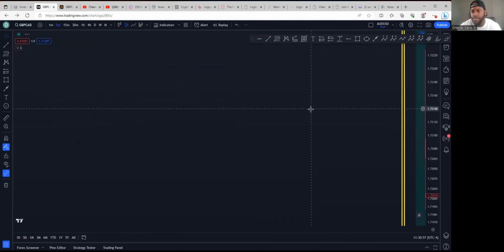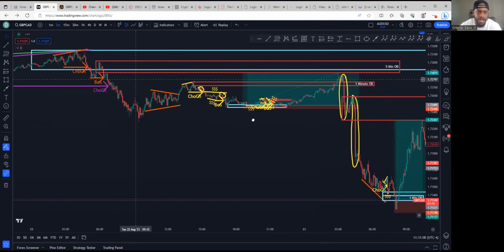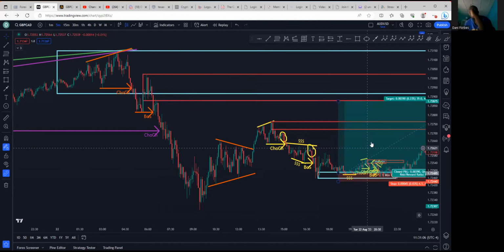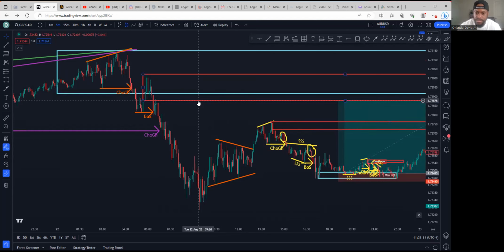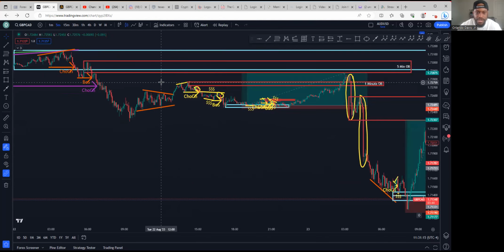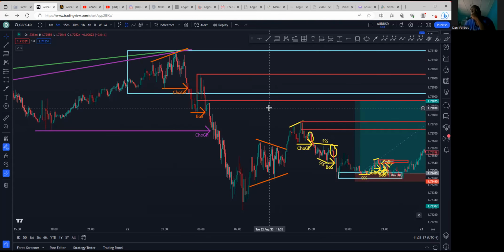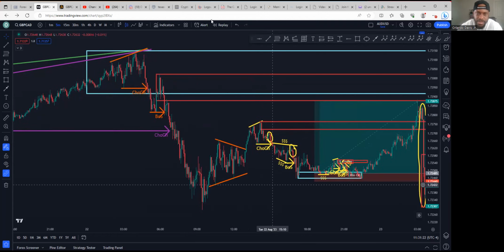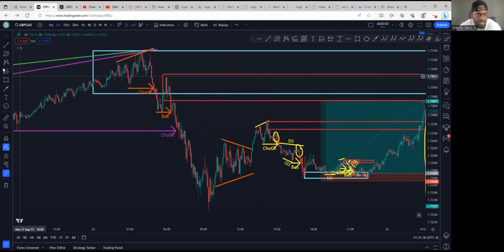because the thing about it is we know that the triangle right here, the one that created a second imbalance and broke structure, we automatically know if we look for a bullish reversal, this is TP1. We automatically know that. And then look what happened. This turned out to be a harmonic pattern, something that I used to trade, which is, remember, Tony, buy the M sub W, Robert? Yep. Buy the M sub W. So it turned out to be a harmonic pattern. This turned out to be a W. Watch this.